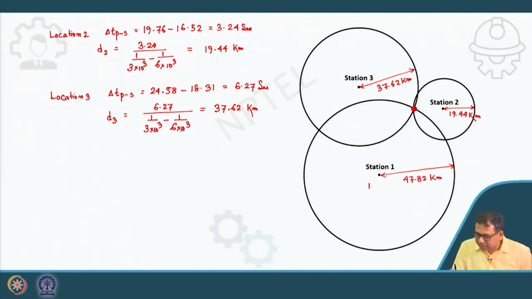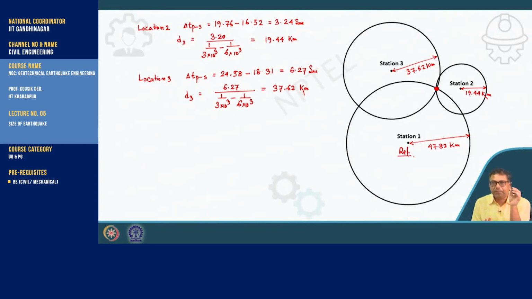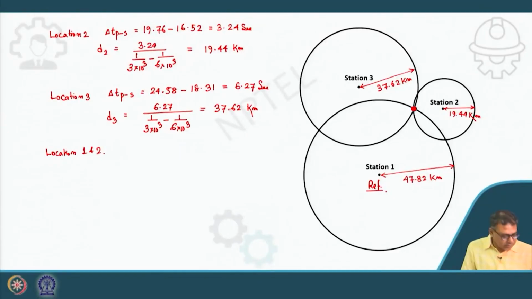So, to locate this station, I consider station 1 as my reference station. So, I will locate station 2 and 3 with respect to station 1. Clear? So, station 1 I can consider as a reference station. Now, if I compare location 1 and 2, then change in